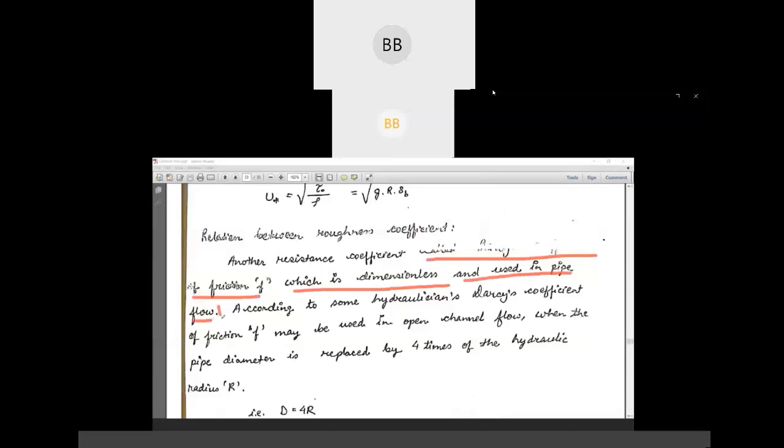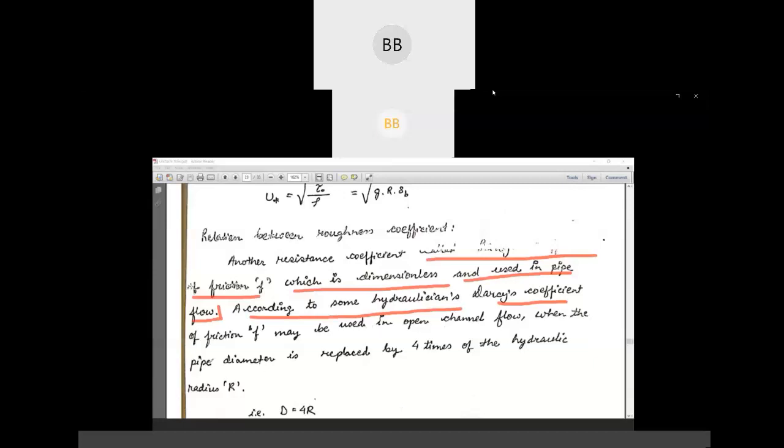According to some hydraulics scientists, Darcy's coefficient may be used. So this was given by some scientists who were working on hydraulics. They have also said that Darcy's coefficient can also be applied to open channel flow,